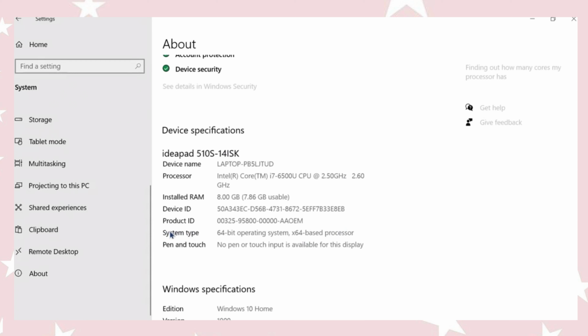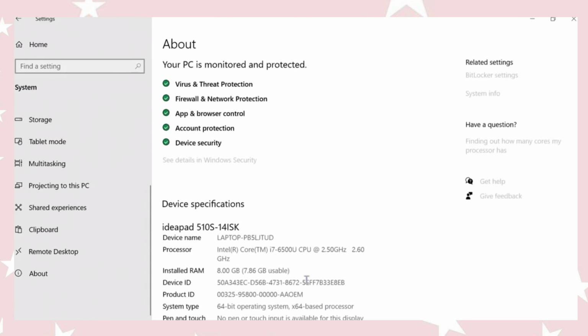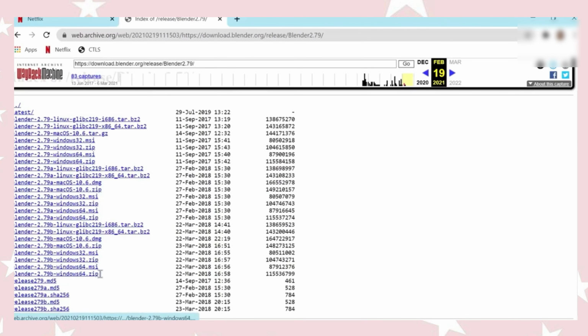So go here to system type, and mine is a 64-bit operating system, x64 based processor, so that's why mine is Windows 64.zip, but yours might be Windows 32.zip. I'm not sure, like if you have a MacBook, I'm not sure what to do with that because I don't have a MacBook and I don't have experience, so you guys can just search that up. Sorry if you have a MacBook, but